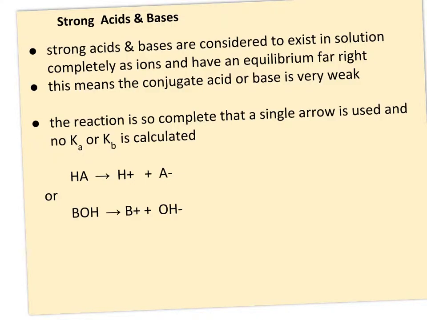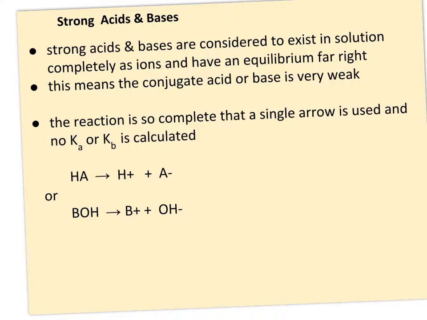So as I said, strong acids and bases are considered to exist in solution completely as ions with an equilibrium far right. And this means a couple things. It means the conjugate acid or base is very weak. So here's my conjugate acid, my conjugate base. It means very little of this will go back to form HA or go back to form BOH. And that's why a single arrow is used and is considered to be just a forward reaction